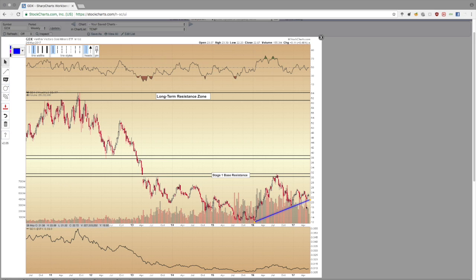Okay. So these trend lines are not random, and we can't just draw them anywhere we want. There has to be some sort of rhyme or reason. So for example, I would not want to have drawn a trend line like this, because I would have been ignoring this bottom that formed here, and then I would have had a faulty conclusion as to the significance of this move. So we have to connect important lows or important highs.